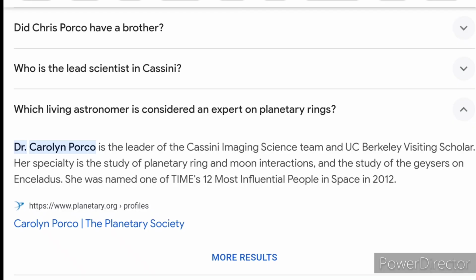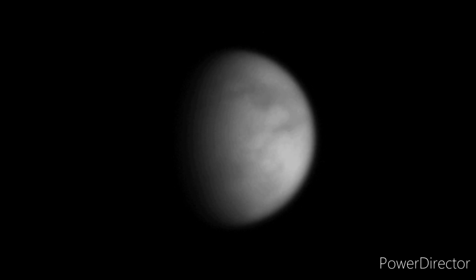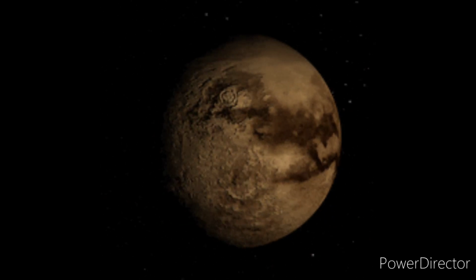Jupiter's largest 4 moons, and Dr. Kenan Porco is an expert on planetary rings. 92 confirmed moons, more than any other planet. The latest 12 moons were validated in December 2022. Europa, Ganymede, Callisto, and Io were first seen by Galileo in 1610, the astronomer Galileo Galilei. But a moon of Saturn could lead to life, alien life, that we could